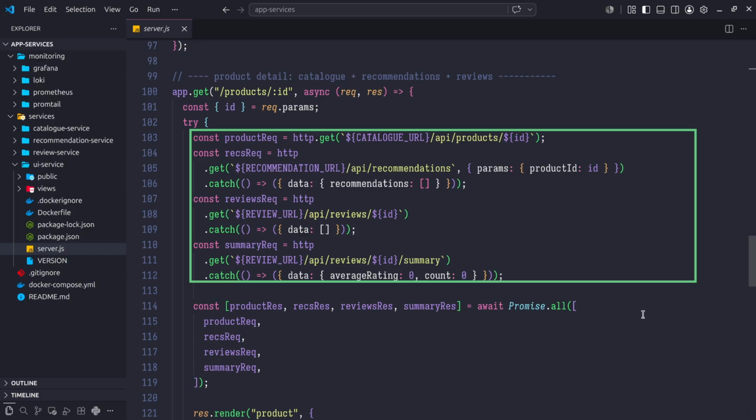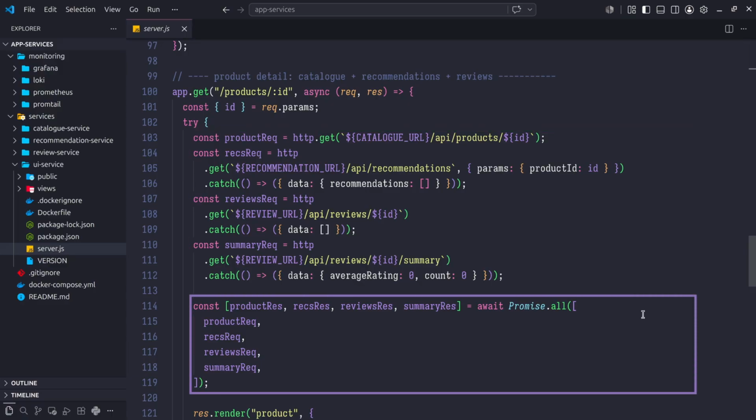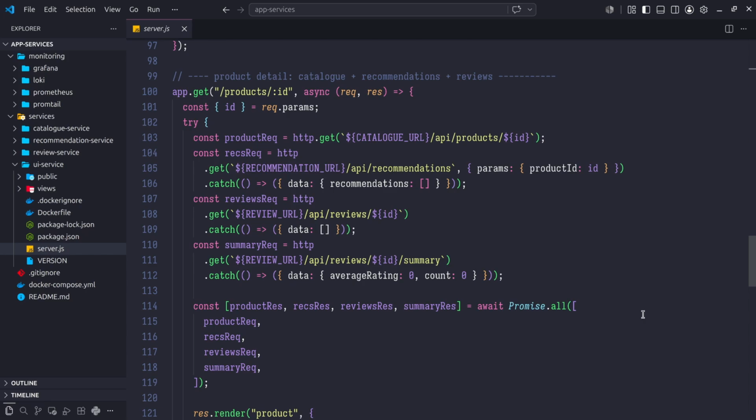Two things worth stopping on. First, these three requests fire in parallel, not one after another, using Promise.all a few lines down. If we called them sequentially, a page load would take the sum of all three services' response times instead of the slowest one. Small difference on your laptop, a real felt difference once these are real network calls between